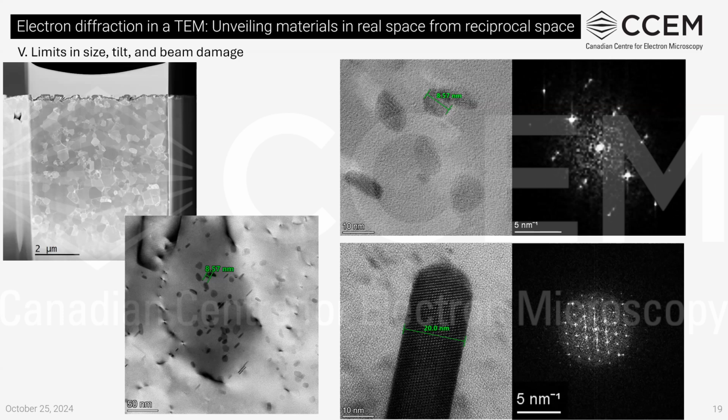But practically, in my hands, I can promise to tilt a material as small as 5 to 10 nanometers. So for example, if you have a material with precipitates of 5 to 10 nanometers, it is still feasible to tilt them into zone axis to do high resolution TEM and get FFT as its diffraction pattern.